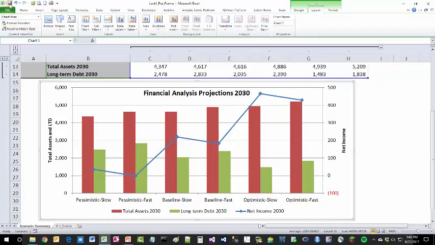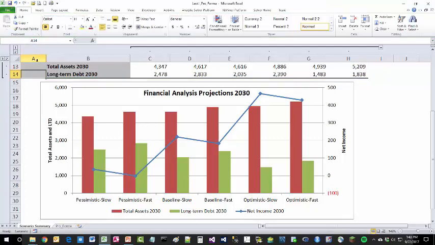Again, without going too much into finance, as this is not a finance class, we can comment on the slow scenarios. These three, the slow expansion scenarios, have a higher net income, which is interesting, compared to their fast counterparts, and lower debt projections as well. In terms of the asset buildup, of course, the fast scenarios